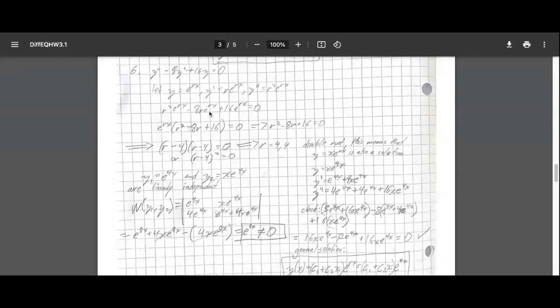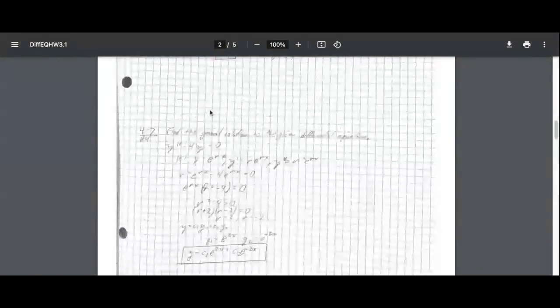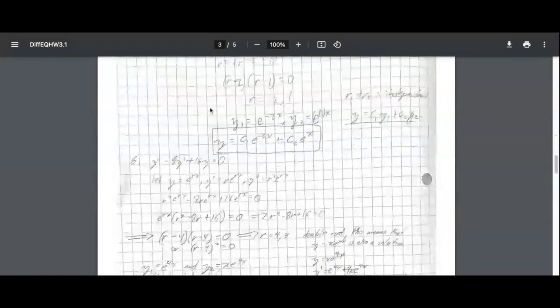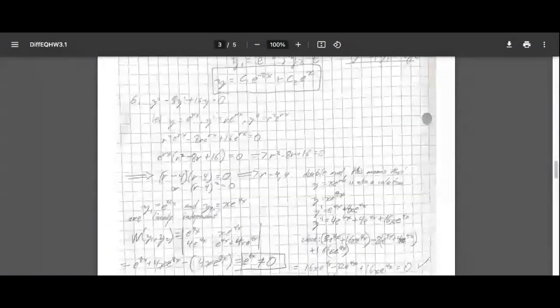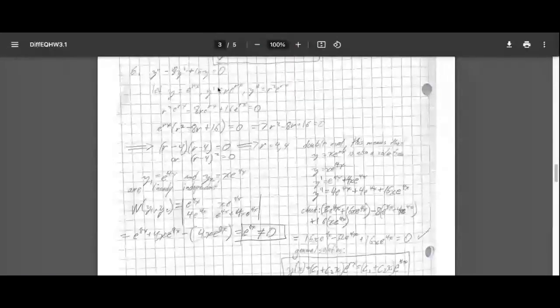Okay, so I'm doing problem number 6, where the question is to find the general solution to the differential equation. Here it's y double prime minus 8y prime plus 16y equals 0. The standard approach for this type of problem is that we're going to let y equal e to the rx,